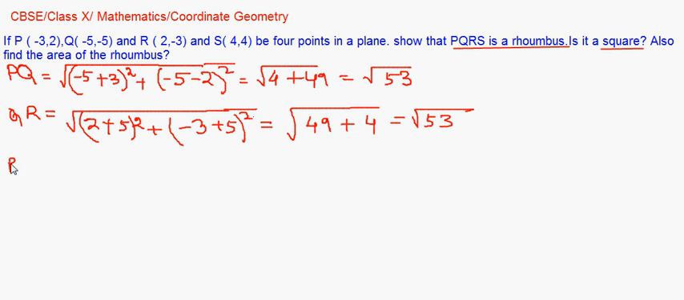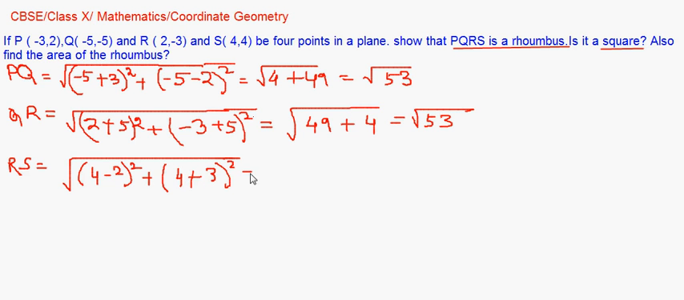Now we move on to RS. They will all be equal because they were asking mostly on the rhombus and square. So here for RS it becomes 4 minus 2 whole square plus 4 minus of -3 again, so it is 4 plus 3 whole square. So 2 whole square is 4 plus 7 whole square is 49 again, so that's 53. Just have the last one to go,